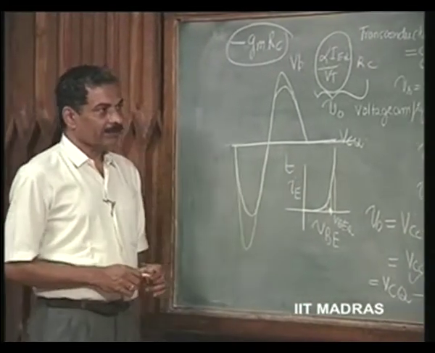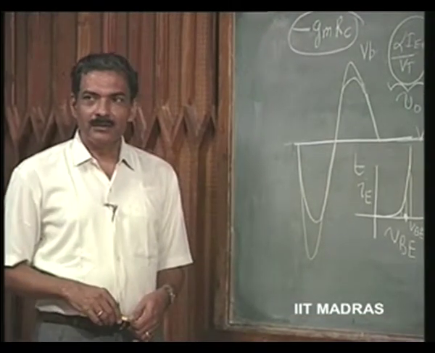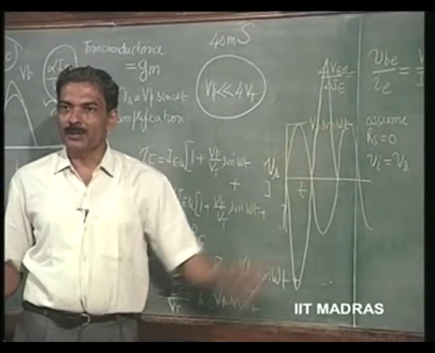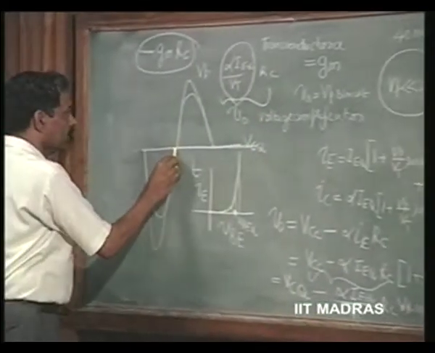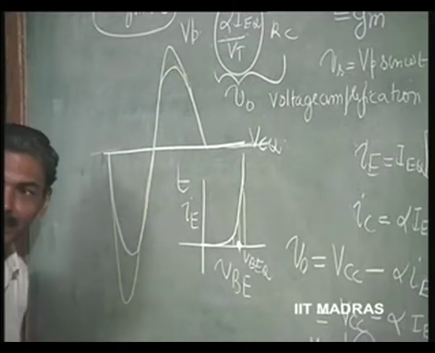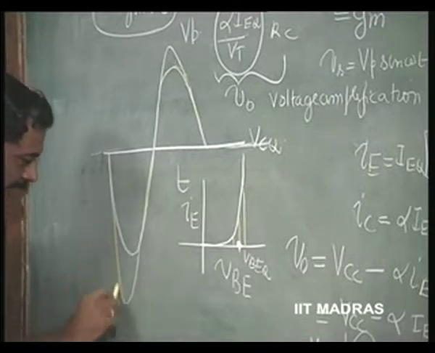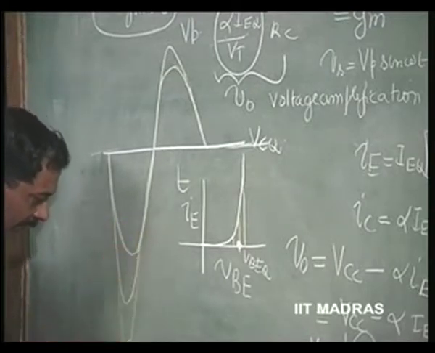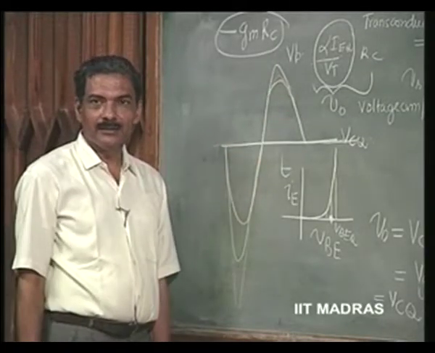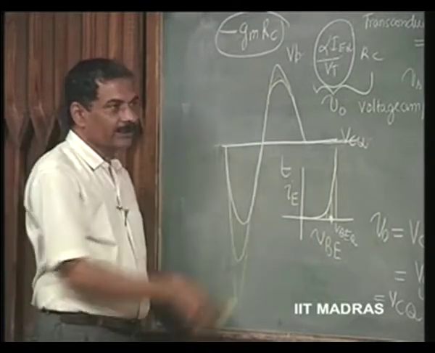The other type of distortion which comes about, let it happen, we are not bothered. What we will say is, I will still increase this input voltage Vp, I will keep on increasing. What will happen? This increase is going to occur, but it is disproportionate compared to this increase. So, for the next level, maybe this is the increase, and here it may be only this. Is this clear? So, this kind of distortion will keep on happening